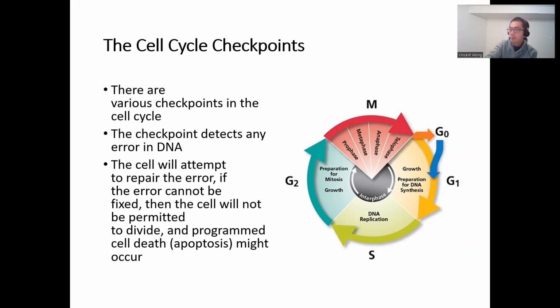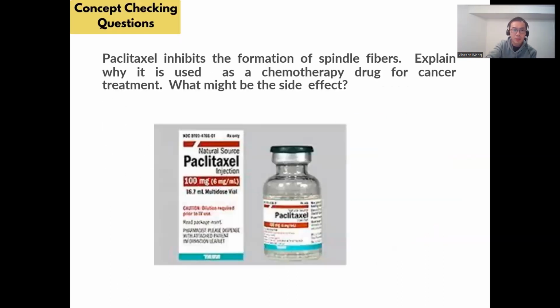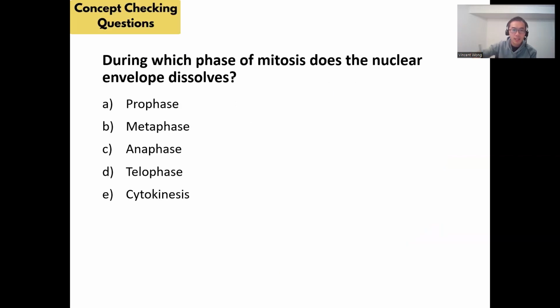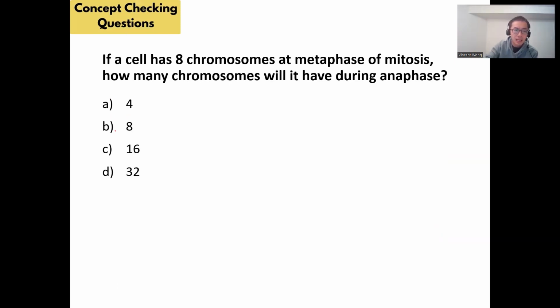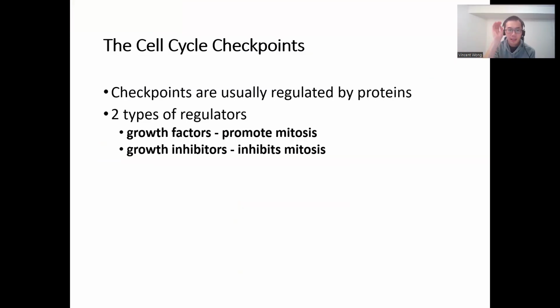Now we are running out of time a little bit, so I'm going to skip these concept check questions. I'll give you the answer. The answer is A. You just write it down and then you do it later, okay? The answer is A here, and then this is C. Just write down A and C for now, and then you can check them later. We talk about this later. No time. One last thing that we're going to look at today is